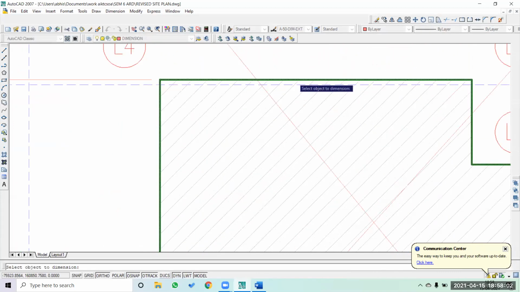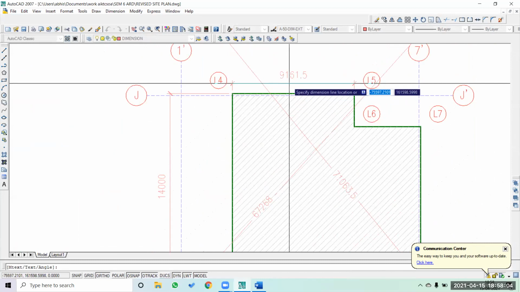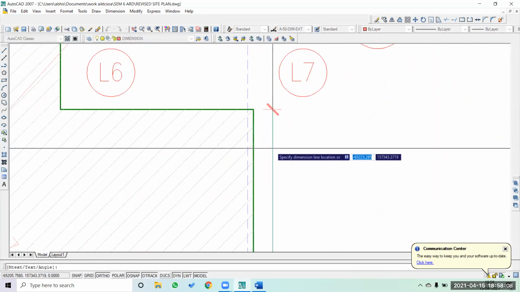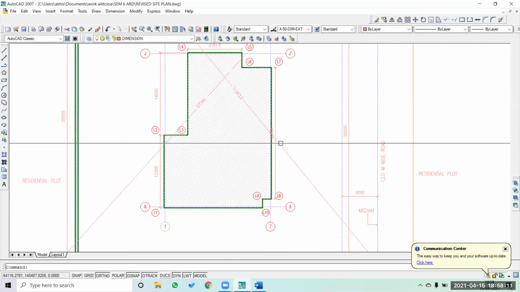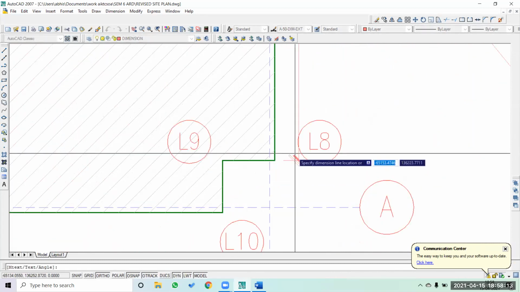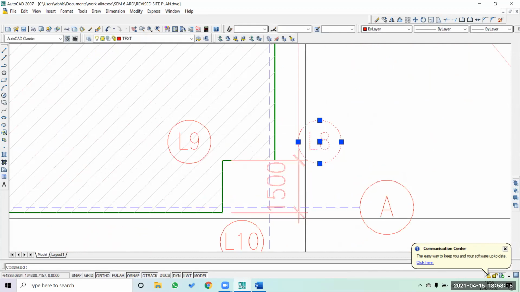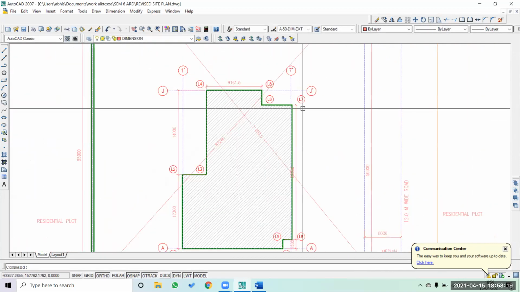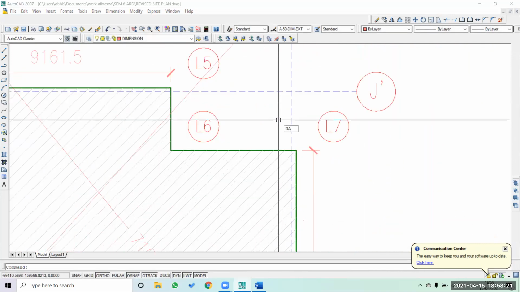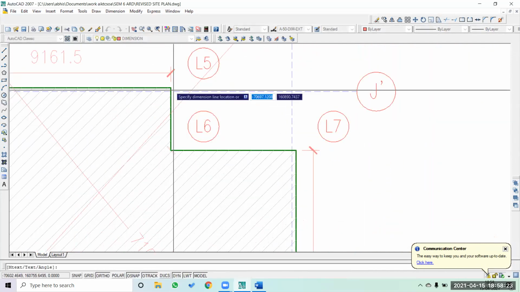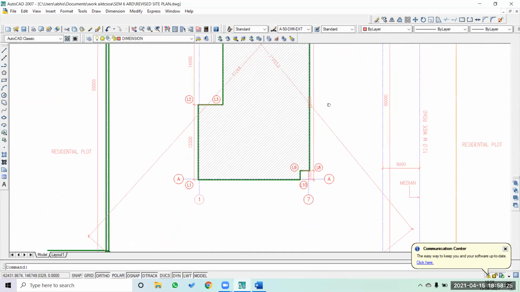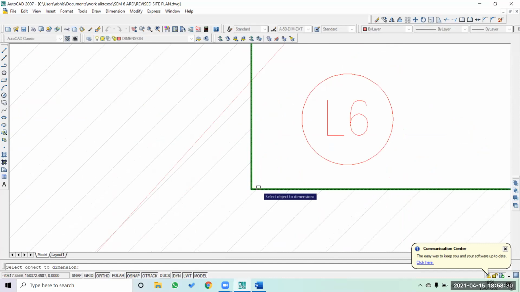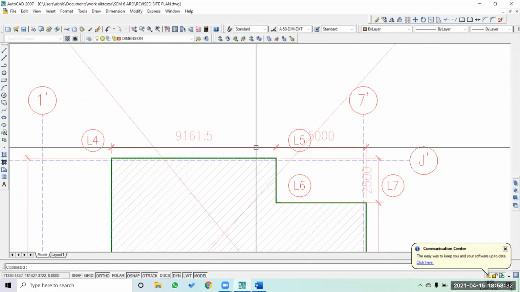So you can constantly move this a little bit so that you can start getting the dimension. Just see how all the dimensions are overlapped. It's very important to understand this.